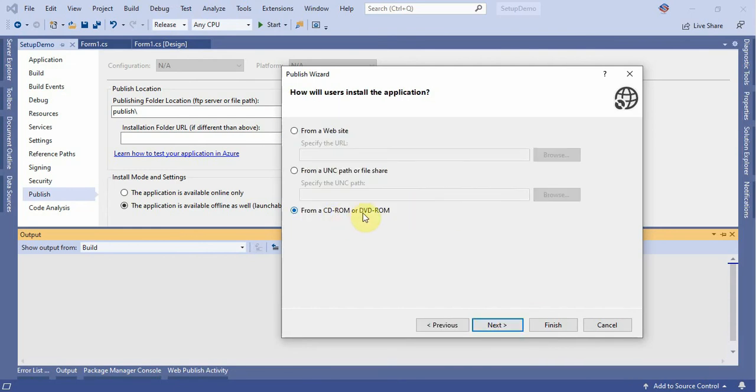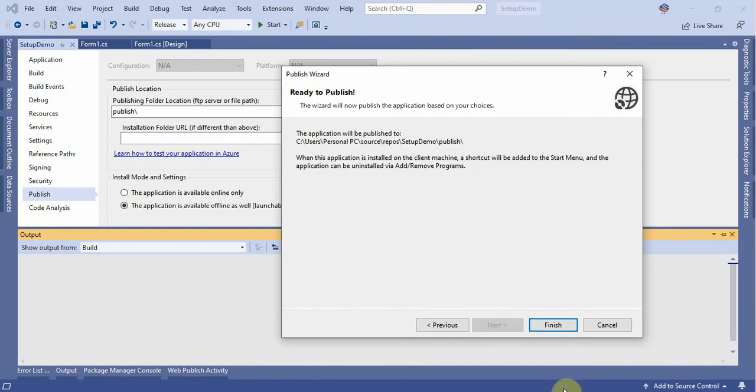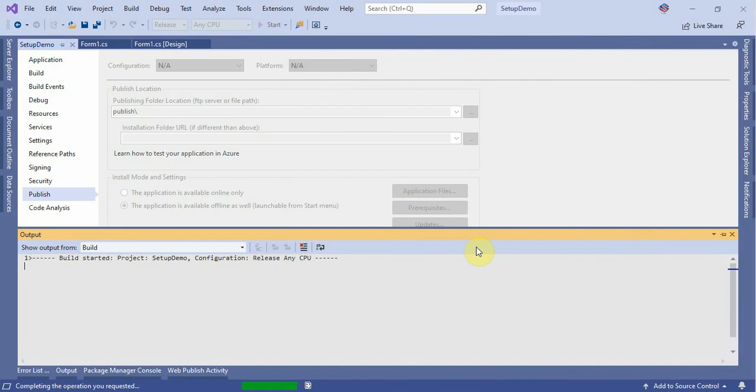Here is from CD or DVD-ROM. This is the application update check location, meaning your website path where the application update file is available. And this is the application will not check for updates. And now click on finish.